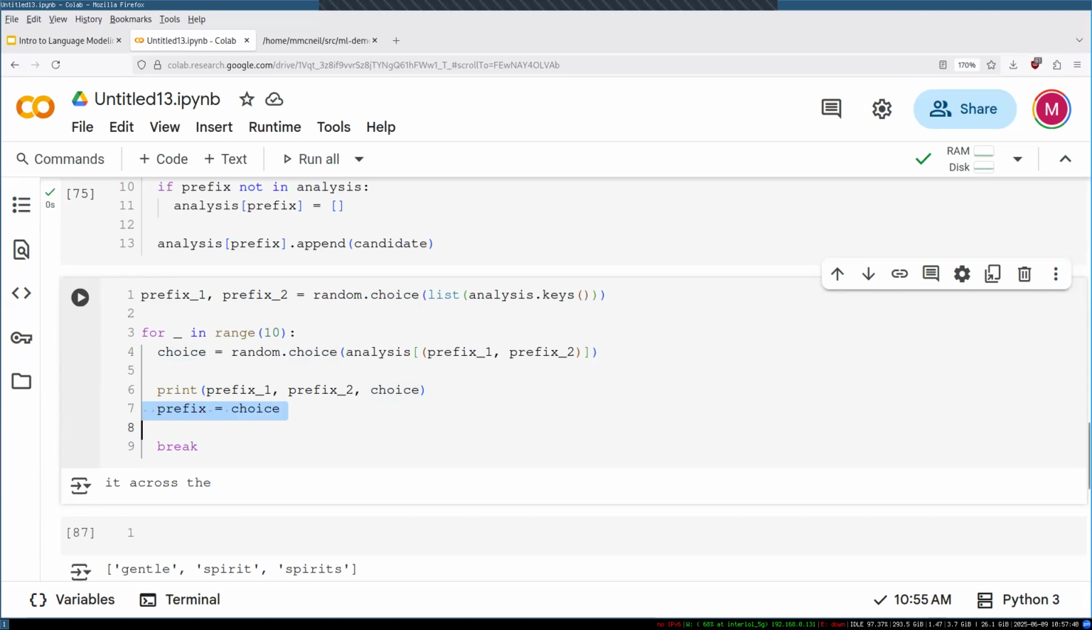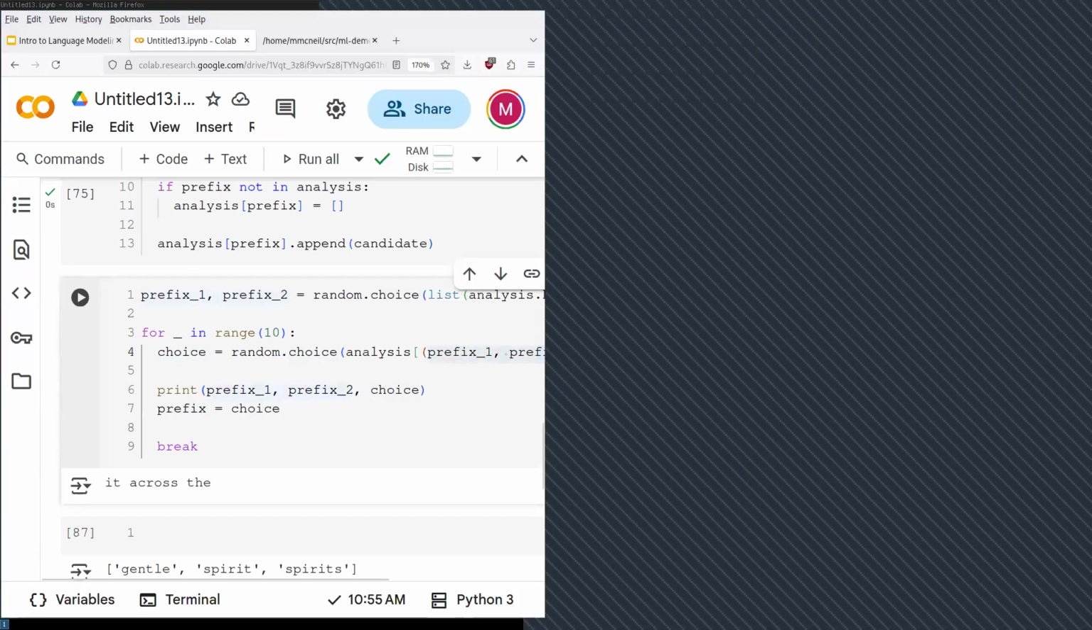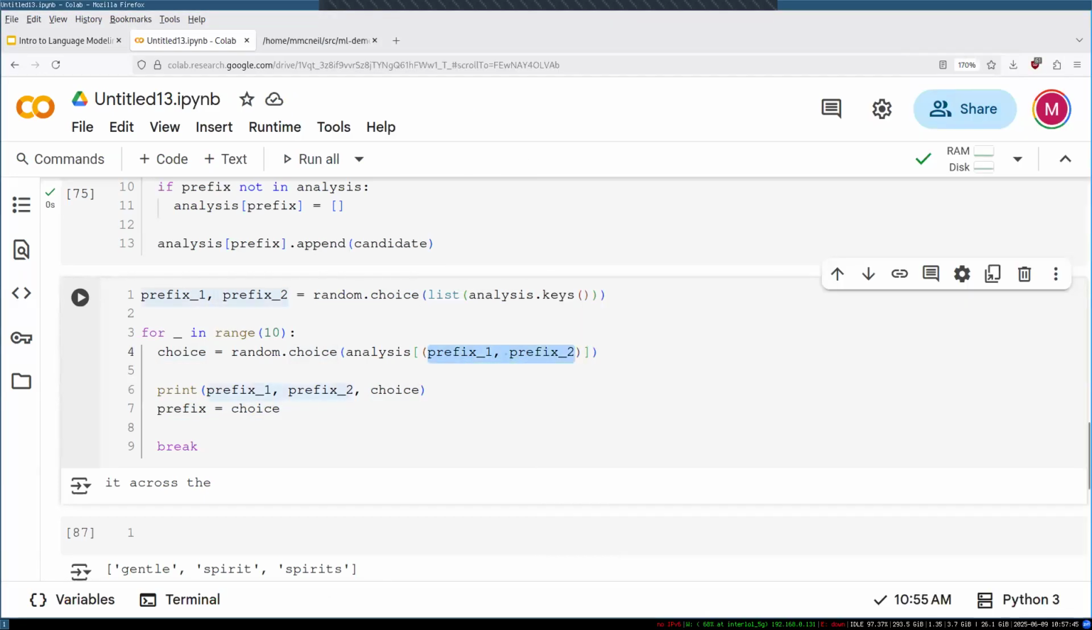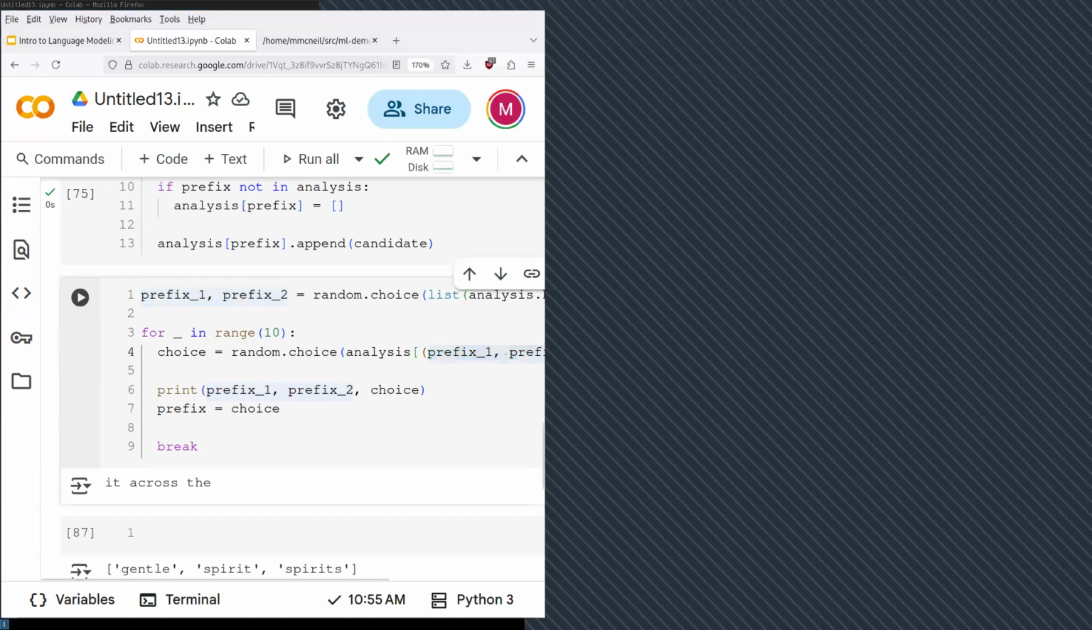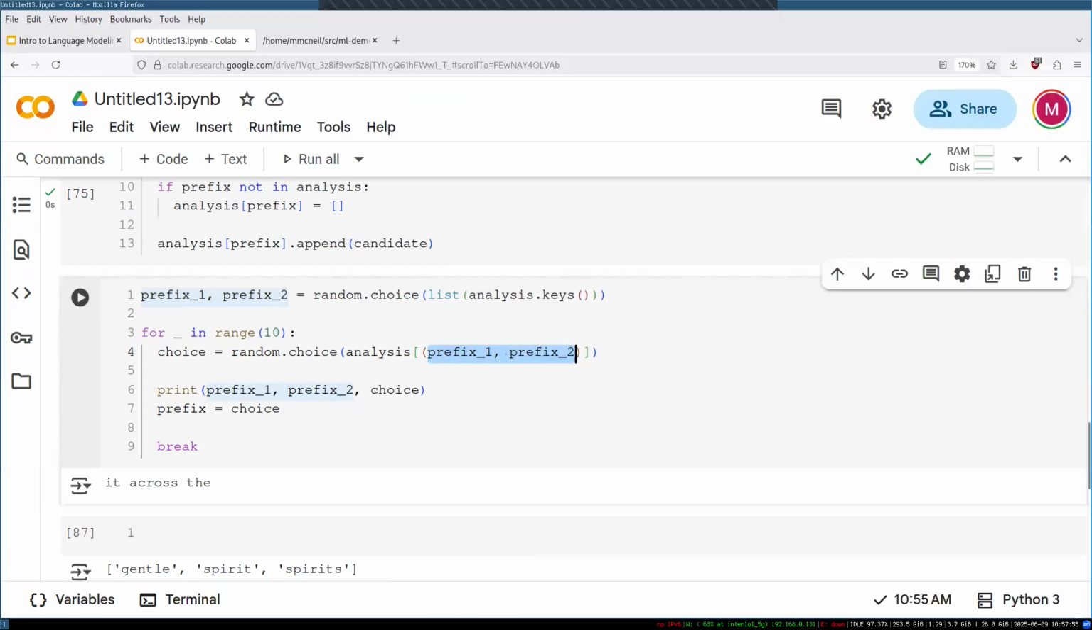Is there a tuple that already exists that contains our choice? Or in other words, if we're making the choice the new prefix, could we? Is there a tuple? Would it be too much to find the tuple that choice belongs to? Well,